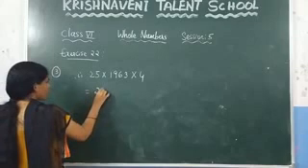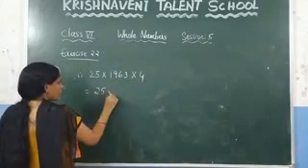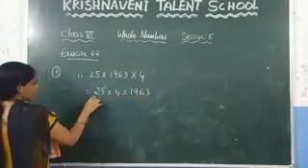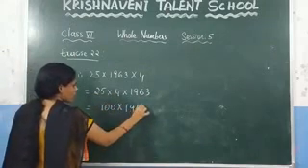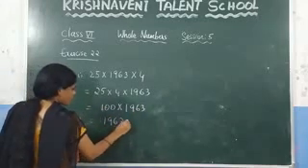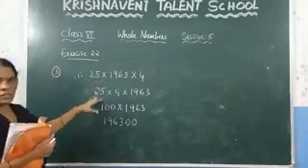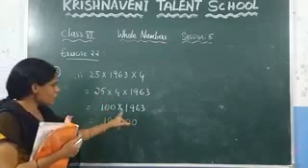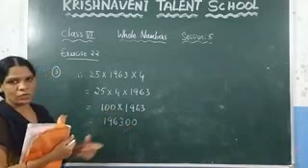So write 25, and in place of 1963 into 4, write 4 into 1963. Now you know that 25 into 4 is 100. 100 into 1963, what is the value of that? It is nothing but 196300. This is the answer. You have just rearranged this pattern. 25 into 4 is 100, and 1963 into 1 is 1963. How many zeros are there? 2 zeros. At last keep 2 zeros here.